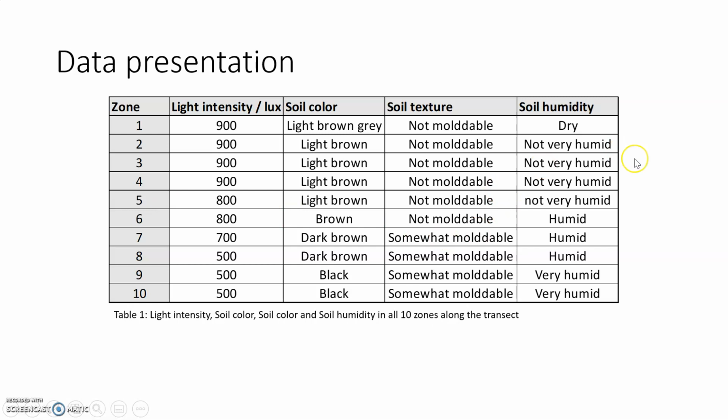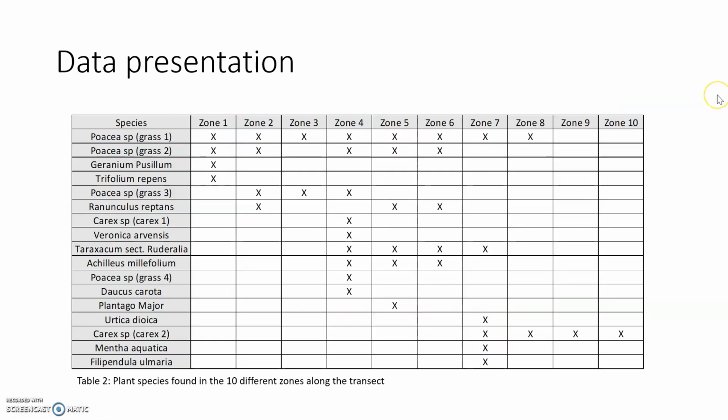So what I've done is that I've used Excel to create tables to present that information. So this is the table that I've created that shows the abiotic factors. And together with each table, you should always have a little text underneath. You could also have it up here, a text giving the table a number and then explaining what it is that is in that table. And then in this next table, I have